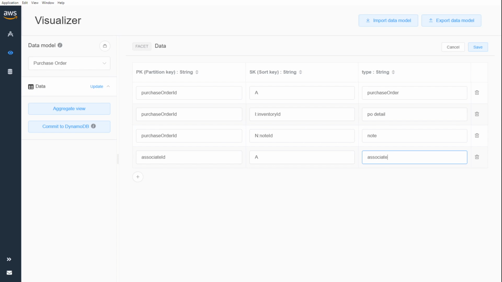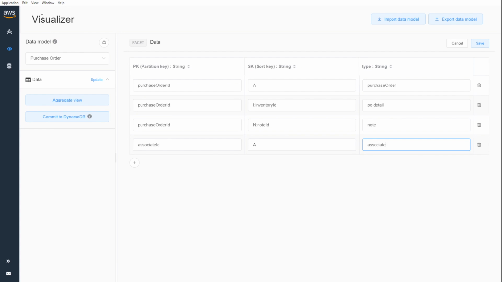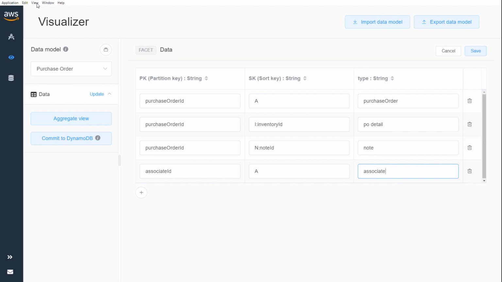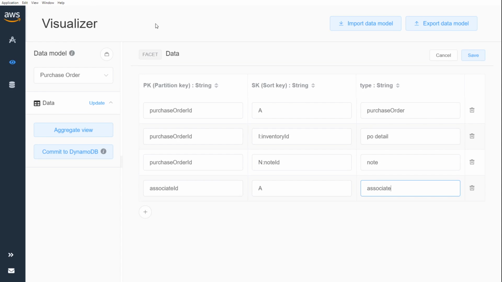Did somebody have a question? Can you zoom in on the model a bit? Yes. I can try and view, zoom out. Oops, that's not the way to go. Zoom in, zoom in. Is that better? One more? Okay, so